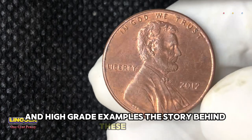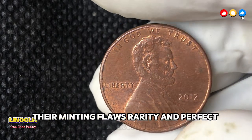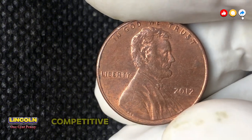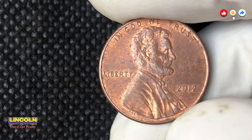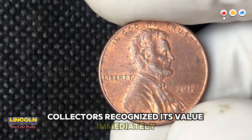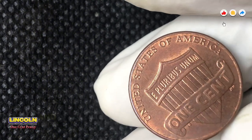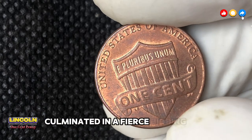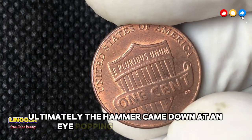The story behind these coins, their minting flaws, rarity, and perfect preservation, adds a level of mystery and intrigue that drives competitive bidding at auctions. When this extraordinary 2012 P Lincoln cent went to auction, collectors recognized its value immediately. The rarity of the error, the immaculate condition, and the rising popularity of modern error coins culminated in a fierce bidding war. Ultimately, the hammer came down at an eye-popping